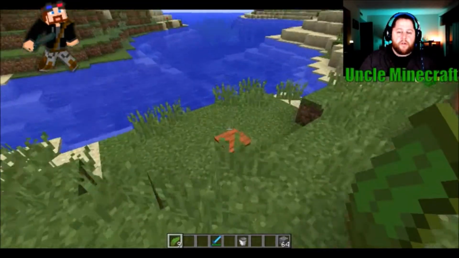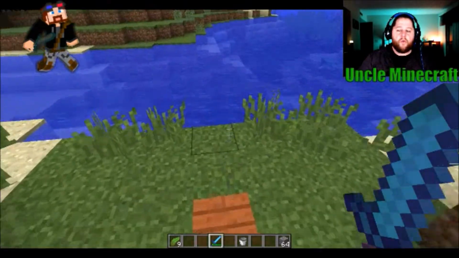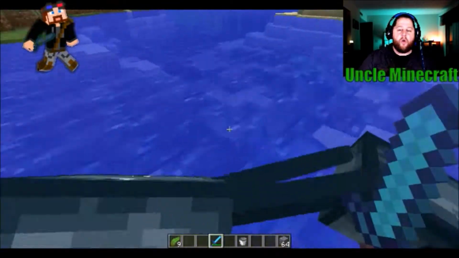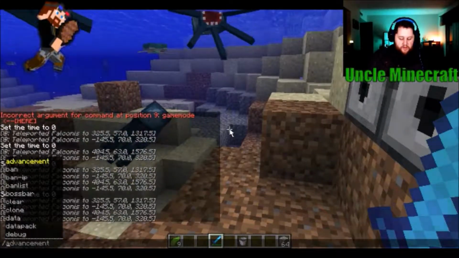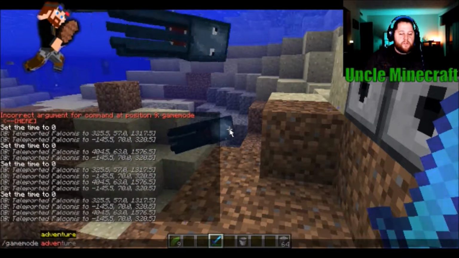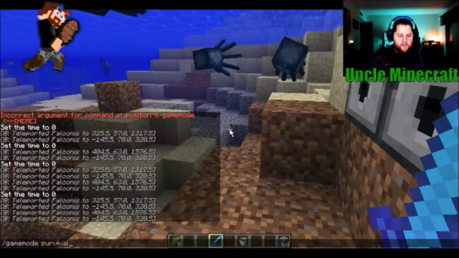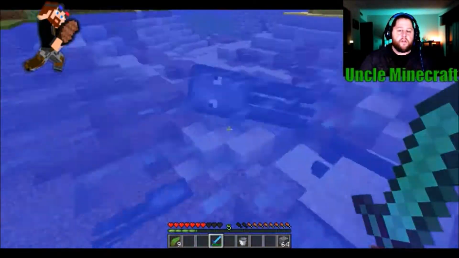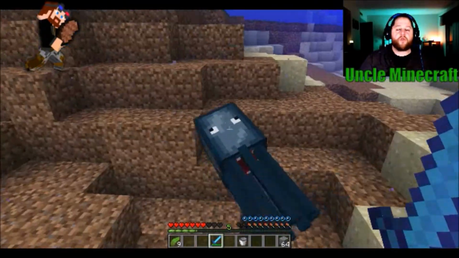Coming down here, yeah, diamond sword. We're gonna get ourselves some squids. We got a whole bunch of them here. You can see they're still pretty docile. We'll say game mode adventure. Oh no, we need survival. 10 points if you know the difference between the two. Alright. So they're not attacking you. They will not attack you, but when you strike them...